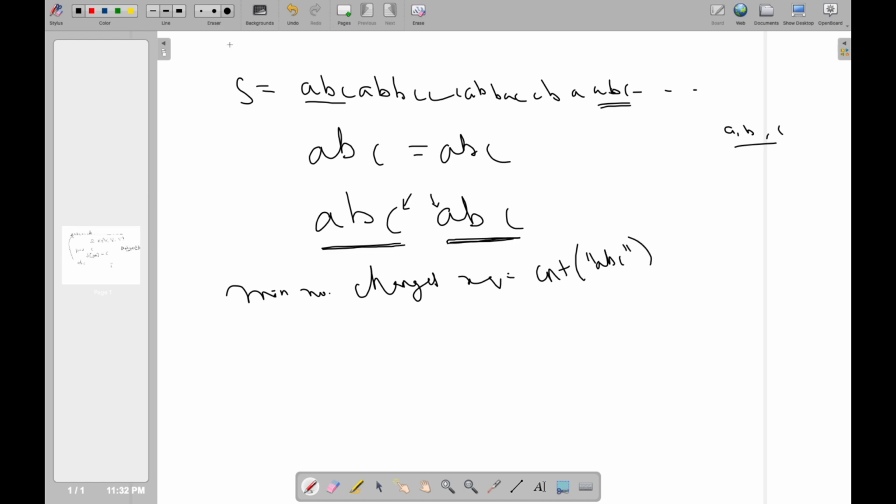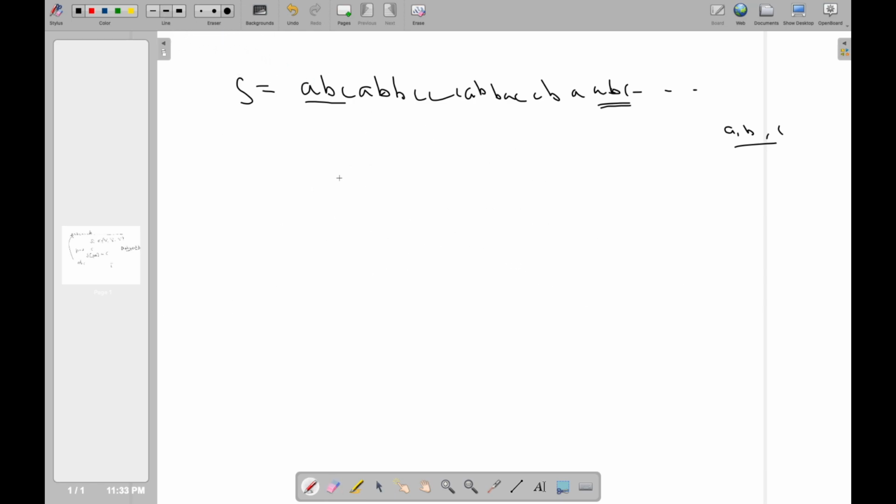With that in mind, now let's address the actual problem. What the problem says is we are given Q operations. In every operation, we are given some position and we do this update. We are given some new character, let's say X, and we update the character at that position to be X. And then after every operation, we want to tell how many minimum number of changes are required to get rid of all ABCs. So what we need is the number of ABCs.